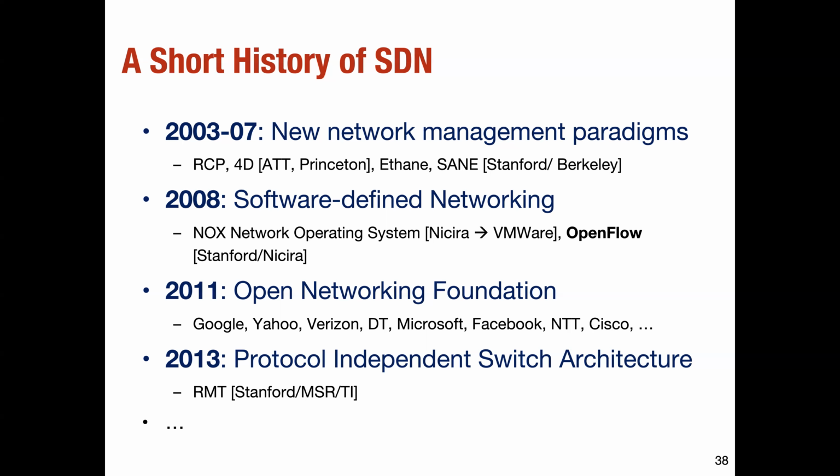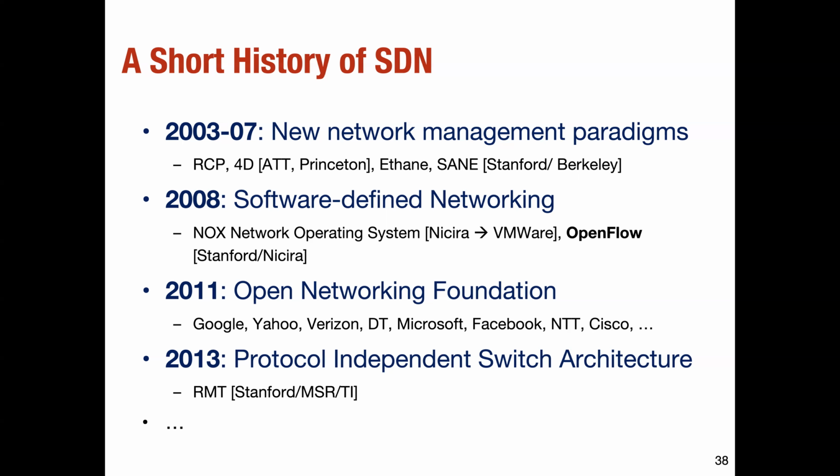And something very critical happened in 2013. It was the development of a protocol independent switch architecture, PISA, which was in some sense an evolution of the OpenFlow instantiation. It was a new instantiation which embraced all the principles that were envisioned with the initial version of OpenFlow: that we should be able to match on arbitrary combinations of the packet header fields, and then do some complex computation on these fields within the data plane itself. So that led to this architecture called PISA, the Protocol Independent Switch Architecture.